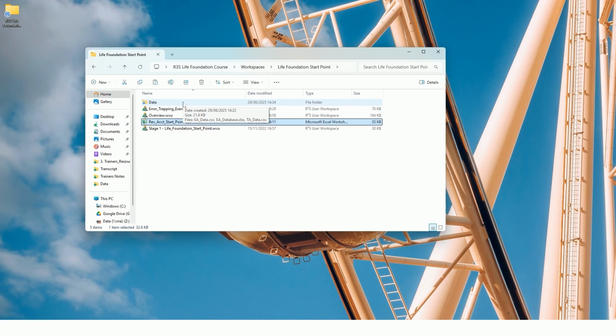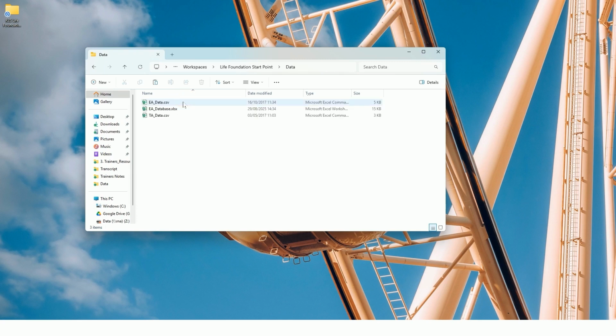The Data folder. This folder contains data we will be using in the model we will build. eadata.csv. This file contains example endowment assurance data saved in the CSV format. tadata.csv.